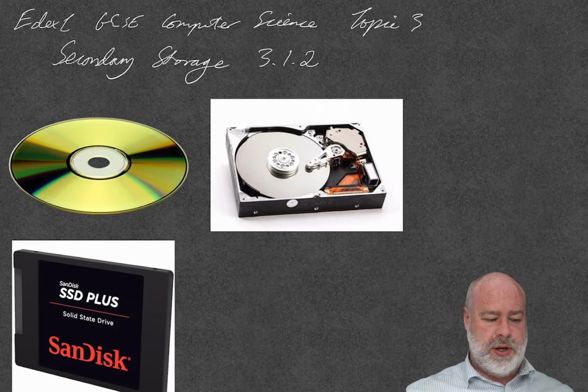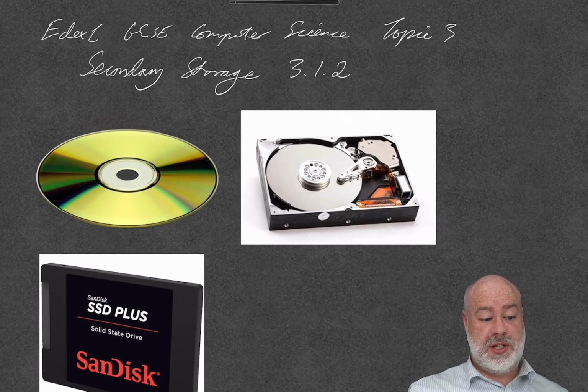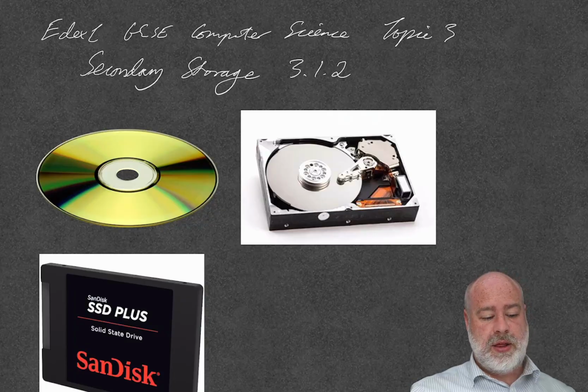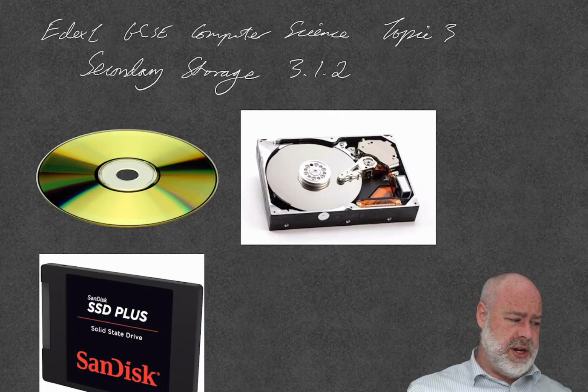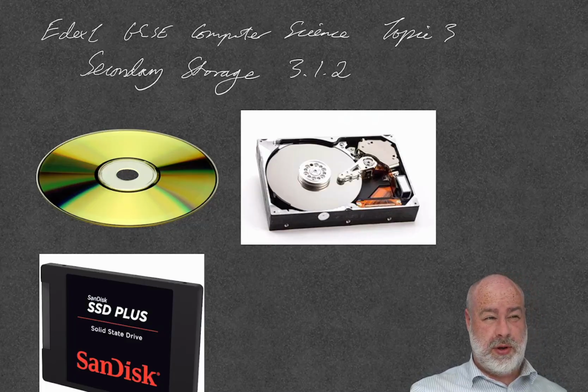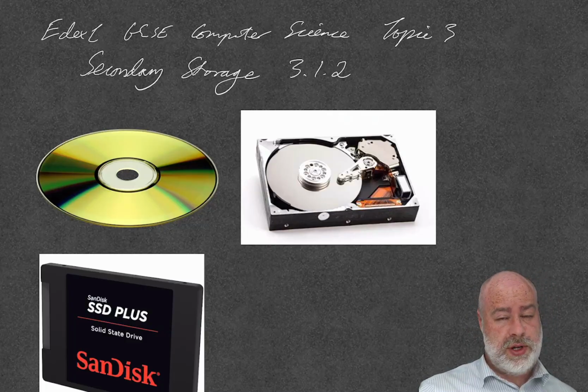We're going to look at secondary storage, which is part of topic 3, Computers, Edexcel GCSE Computer Science, and the curriculum specification code there is 3.1.2. This is going to be a short video, unlike some of the other videos in topic 3, which are quite lengthy. It's just really an introduction to secondary storage devices, making sure that you're not confusing them with primary storage,